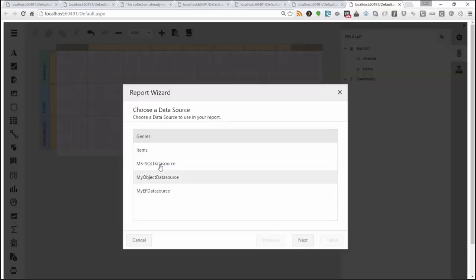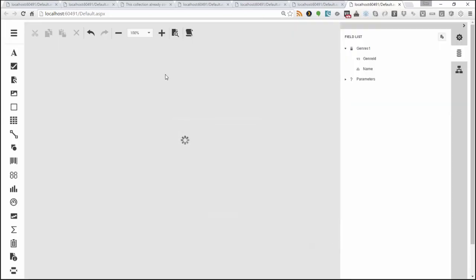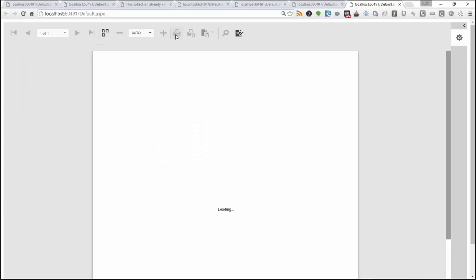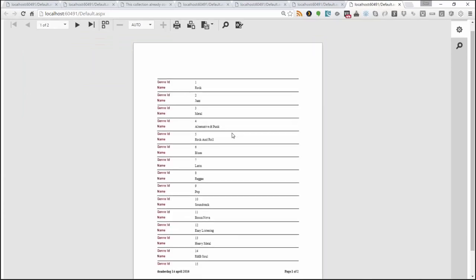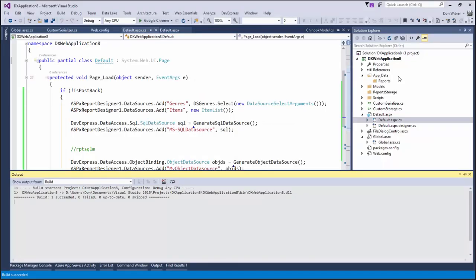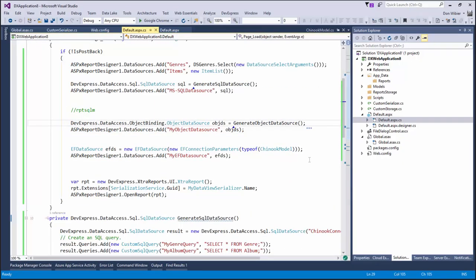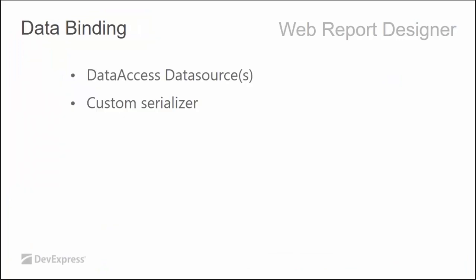And I can show you that by selecting this one, quickly load up all the fields, make a report out of it, and if I hit this preview button, you'll see that we have a nice report based on that particular data source, the standard SQL data source. So that is some important information, I'd say, about how to connect data sources and how to get a good user experience in your report designer. So let me get back to my slide deck quickly and see what we have next,